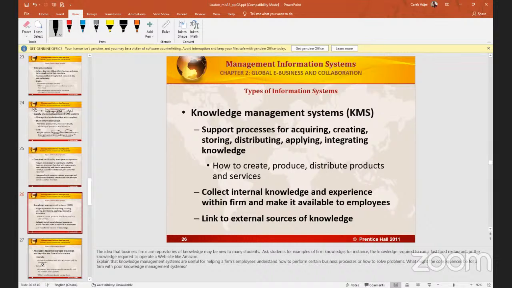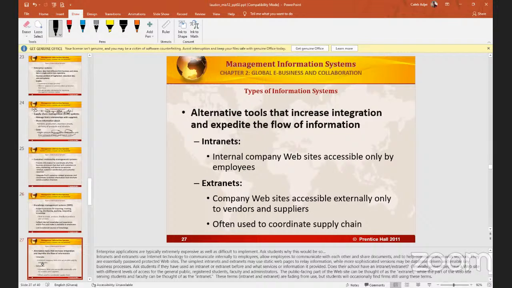Then we are saying that the alternative to that, which increases integration and expedites the flow of information, is what we call the intranet and the extranet. Okay, when we talk about intranet, we are referring to an internal company network. Okay, a network that is limited to an internal organization, and they are the only people who can access it. Example is,